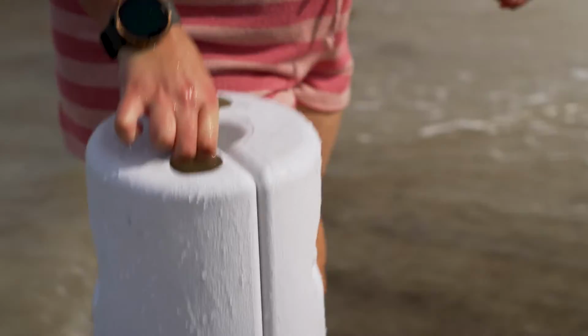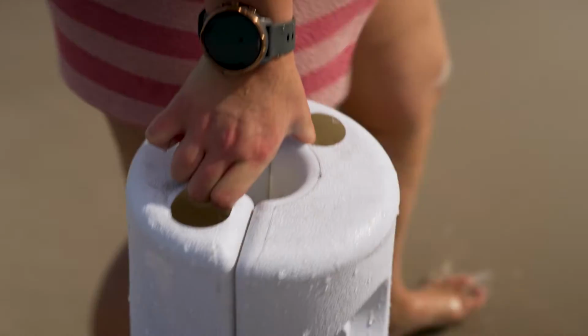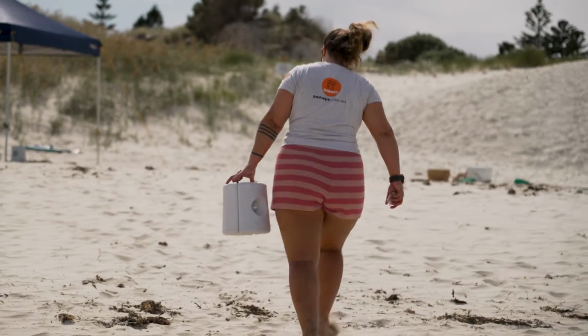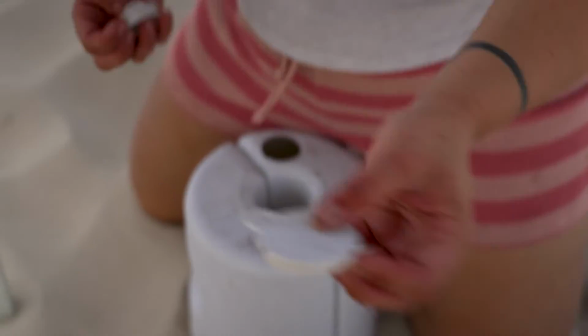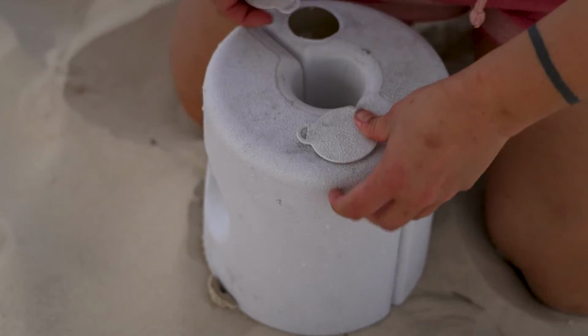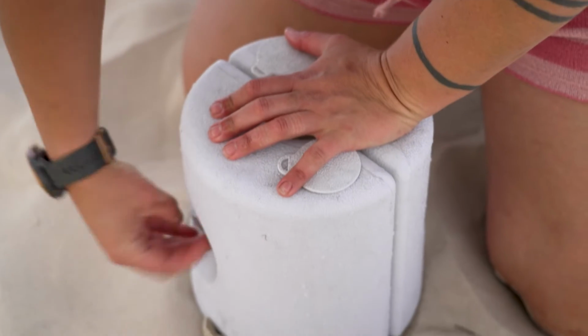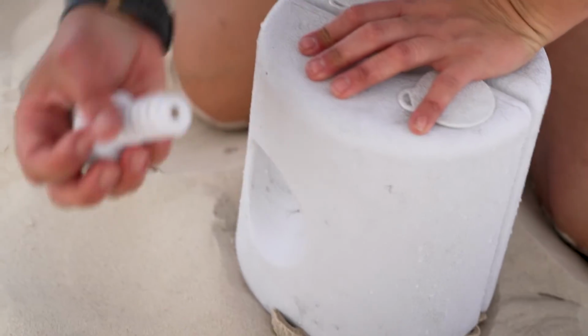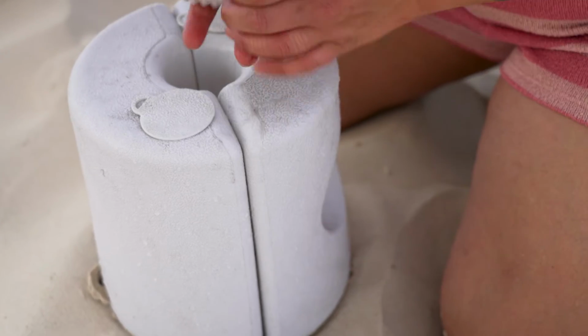Now, once they're full up, especially when you keep them together, I like to keep the caps off because it's easier to carry just by tucking your fingers in there. So we'll head back up to the gazebo. So now I'm just going to pop these caps back on top of the base pod like so, click them into place. Now from here, I'm going to unscrew those attachments that I mentioned earlier,